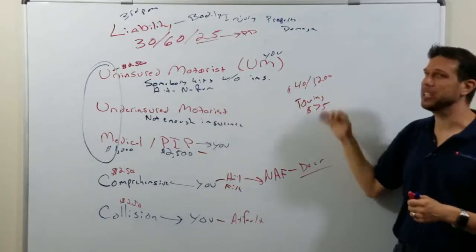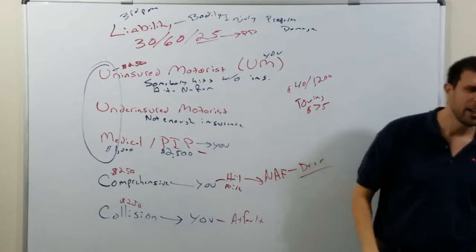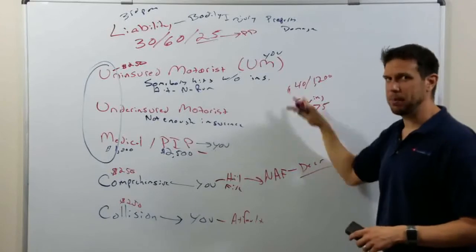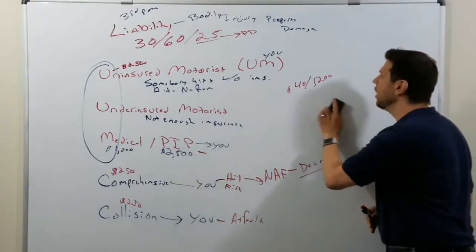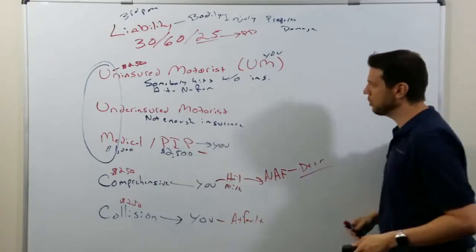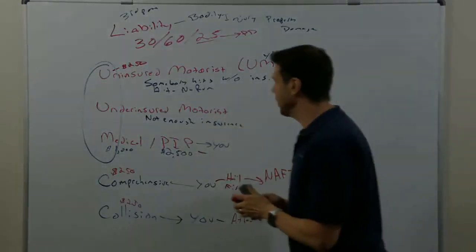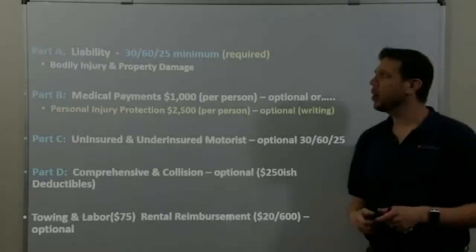And rental and towing is very cheap to add onto a policy. So definitely give them good limits here. Don't skimp out. It's like $2 extra a year. So don't skimp out on rental and towing. Now I'm going to put on the PowerPoint, and we're going to talk more about these, because this is very important for your test. So we're going to go through the parts again.